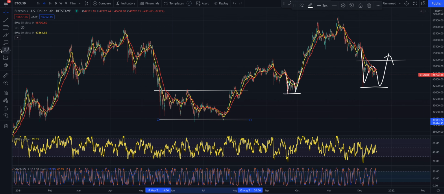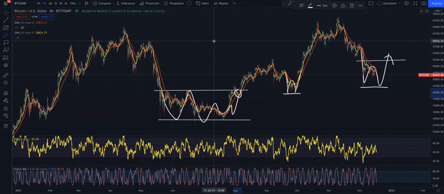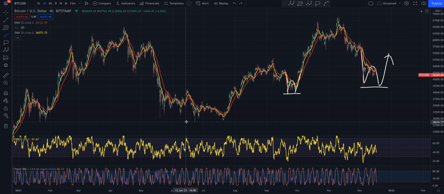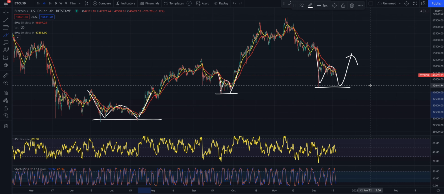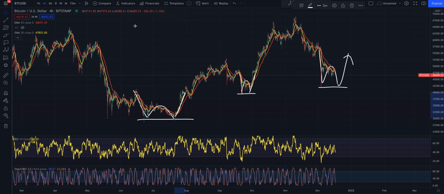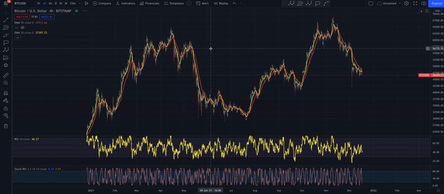Look, this is accumulation. This is where there's fear everywhere. Fear. And then what happens? You break out. And this is a very similar pattern again. Look, you've got a bottom, rejection by the EMAs, fell back to it for support, bounce. W. Could we be seeing something very, very similar? I keep going over this in my previous videos as well. But that's showing us on the 4 hour.